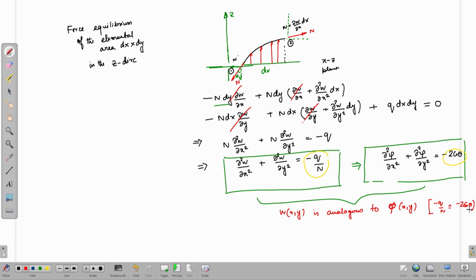Because for certain arbitrary shapes, it is extremely difficult to find a Prandtl stress function which is going to be 0 on the boundary as well as satisfy this constraint. But the deformation of a membrane can be very easily visualized. We all can visualize how the deformation of a membrane will look, and from that we can imagine or have an estimate of the stress function phi. So, this whole thing is called membrane analogy and is a very useful technique.